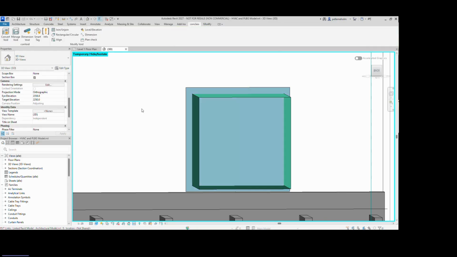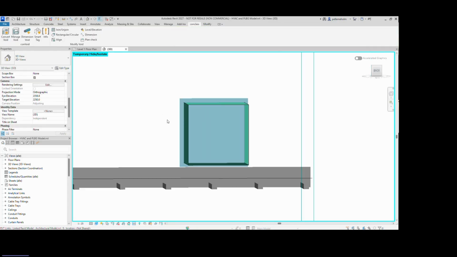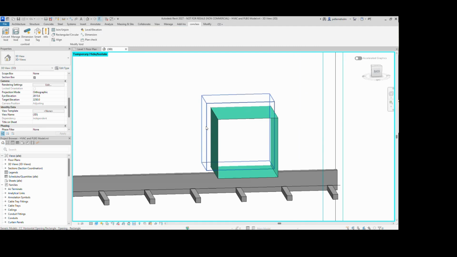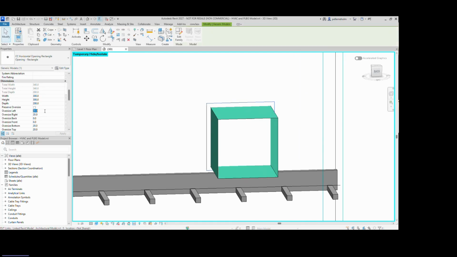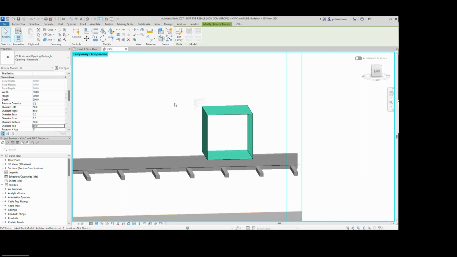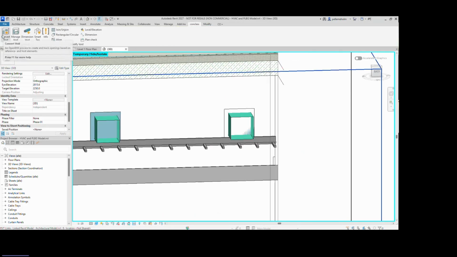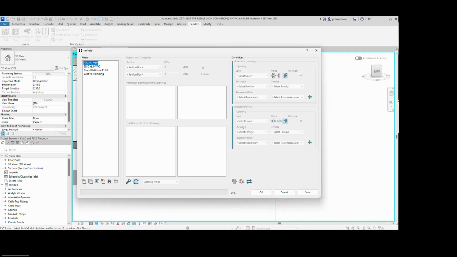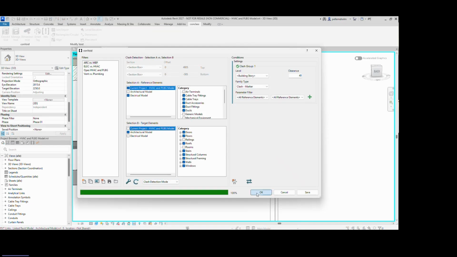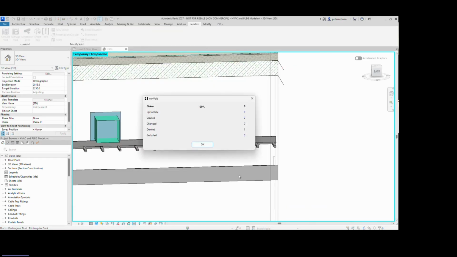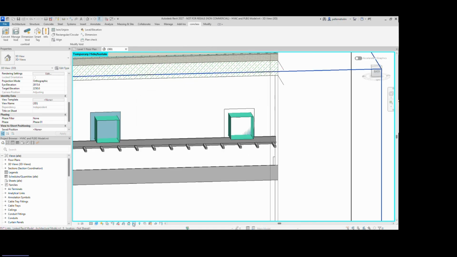So it's not enough clearance to seal the opening properly. So what I have to do is basically to increase the clearance, and then I can basically rerun the clash detection. And now it will probably say, okay, this one is resolved, one deleted,